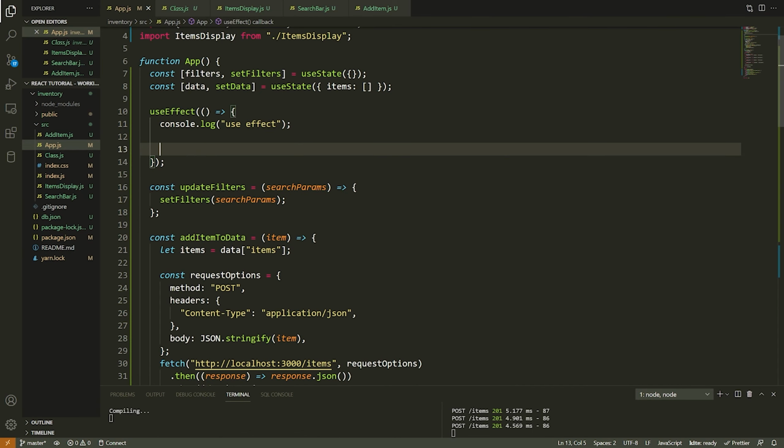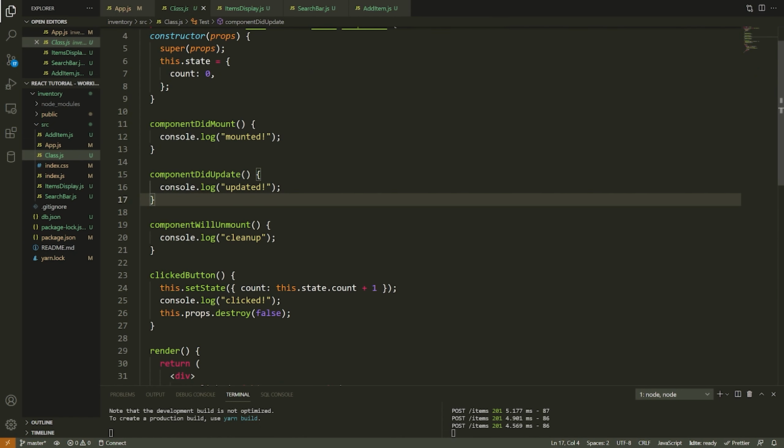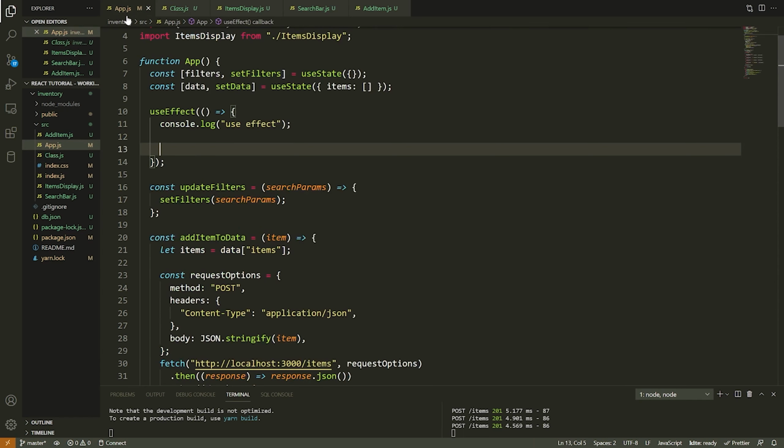Okay. Now what I'm going to do is show you how we can actually implement componentWillUnmount by still using useEffect. So the idea here is that typically when you set something up in componentDidMount, you want to unset it up, so clean it up, in componentWillUnmount. And typically these things are very similar to each other, right? What you set up and what you clean up are the same thing. You're cleaning up what you set up. And so React said, okay, inside of useEffect, we will allow you to have a cleanup operation so that all of your code that's related can stay together.